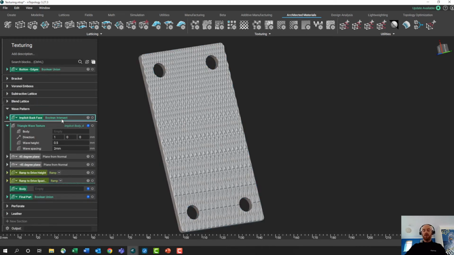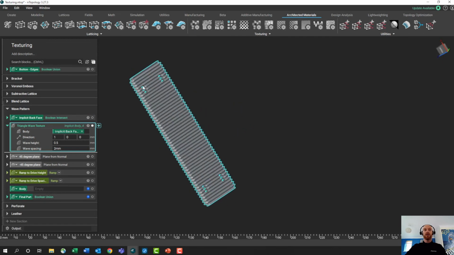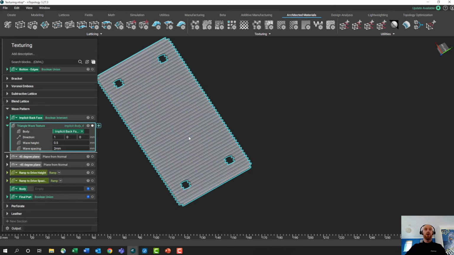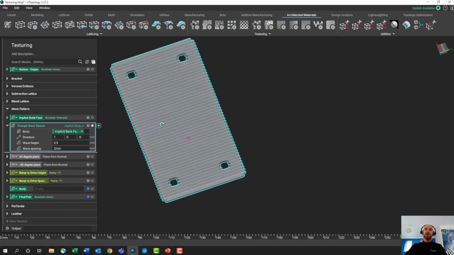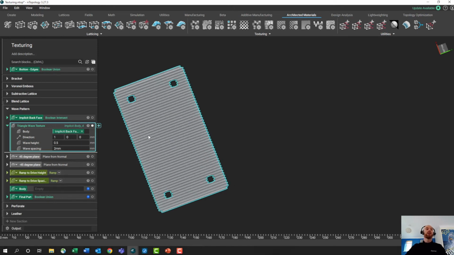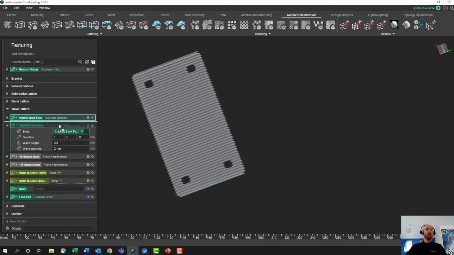The wave pattern, this is a really powerful block. This is asking for a body to apply to here, and it's just going to give us a kind of triangular wave over the body that we put into this block. As you can see here, this is quite a simple version of it. It's just running parallel to the part, but if we were to run it diagonally that way, and we can run a second one diagonally that way, we can get a really, really cool looking lattice, cool looking